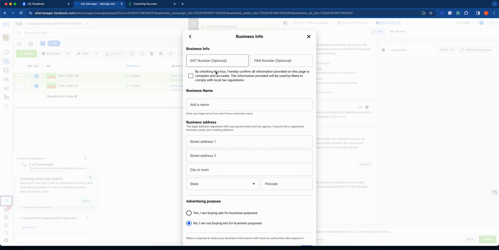Ideally, you should be having a GST number, and you need to be putting all of this over here. So if I have a business, even then the GST number is optional, so I can just put in the other details without the GST. If I don't have a business, even then all the other things are fine. Then I probably cannot put this, but I need to put in the PAN number. Kushak, the PAN number क्या है? Just give me a number.